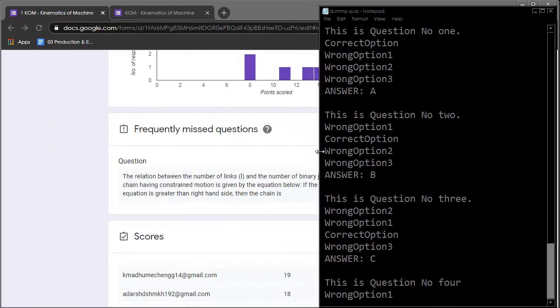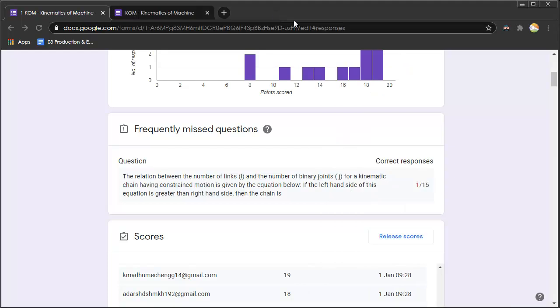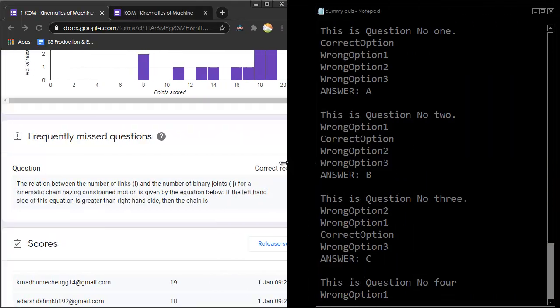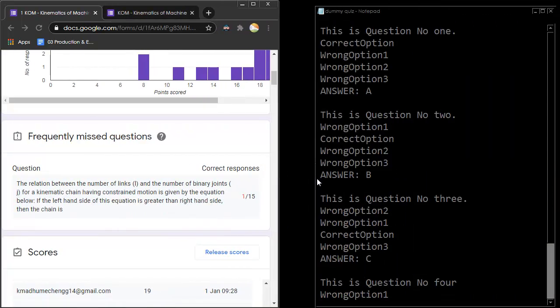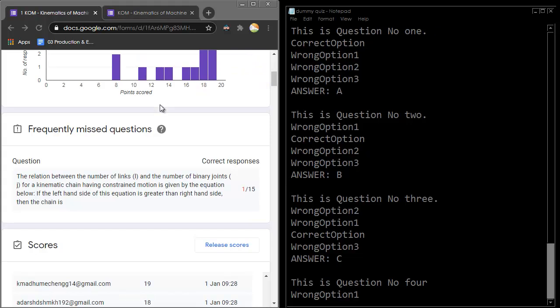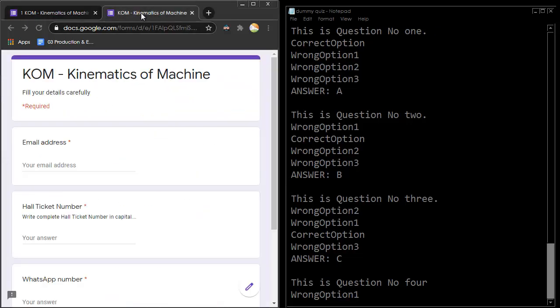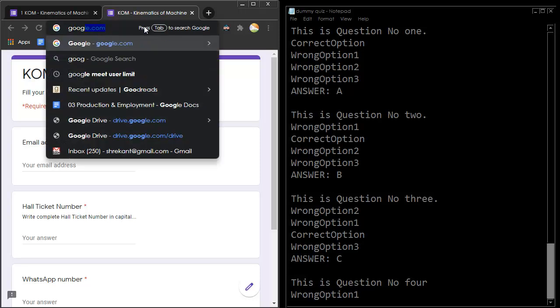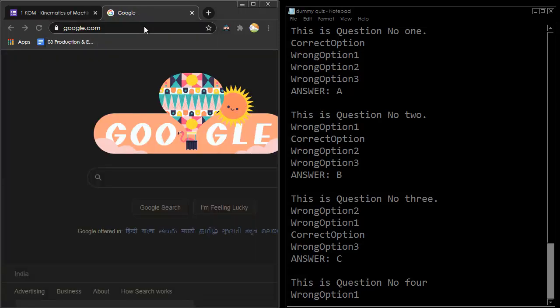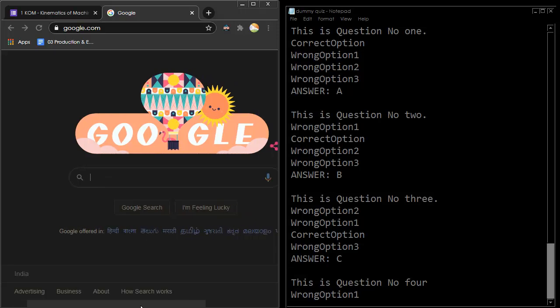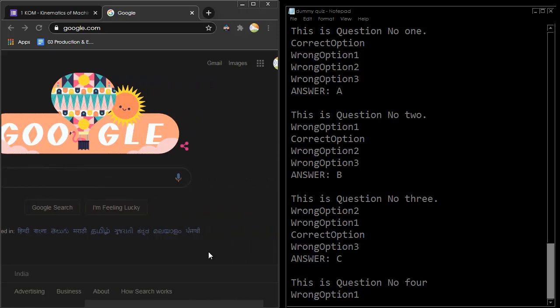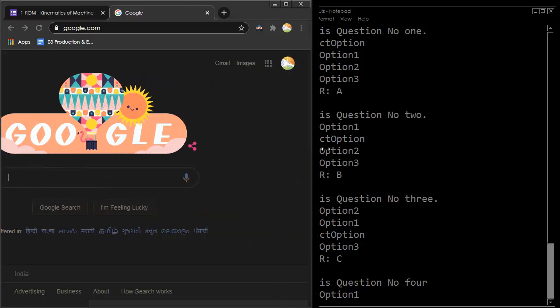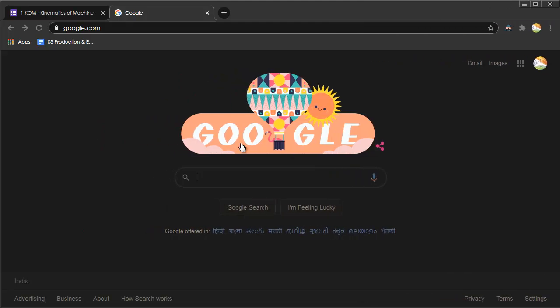So what I can do is I can keep these questions on one side, and Google Form I can keep it on the other, keeping them side by side. Now we'll have to go to Google Drive. So first I can just open Google, and then on the right side of this we will have 3 dots. Fine. If you are having it full like this, then the 3 dots will appear here.